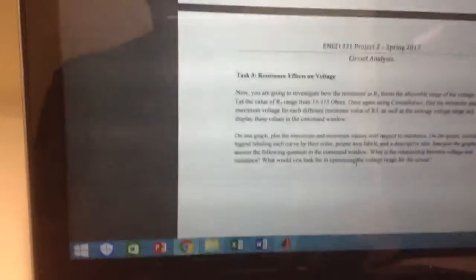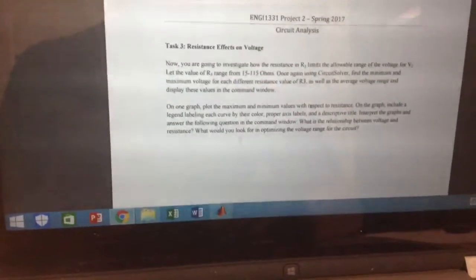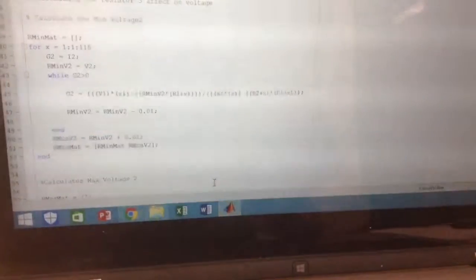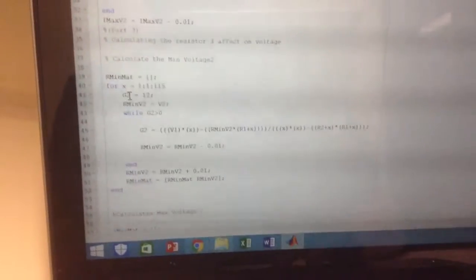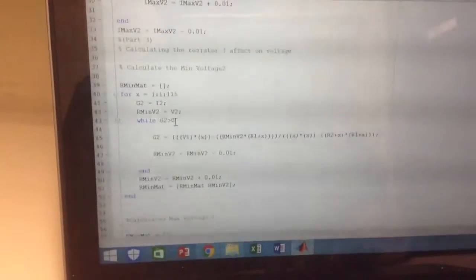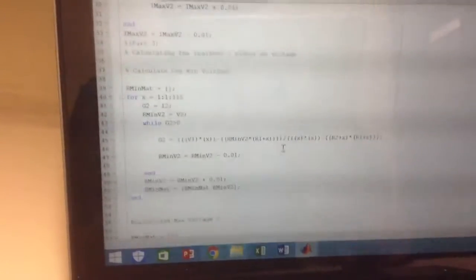because the domain set is 15 to 150, not from 1. But it's all group code, so I keep the original code because it's done by our whole group. It's our group coding, so we keep it the same. Let it keep going, and we change the variable name. We derive this function, and then with the G2, we still don't want the negative current, so we keep it like this. After we derive this function,